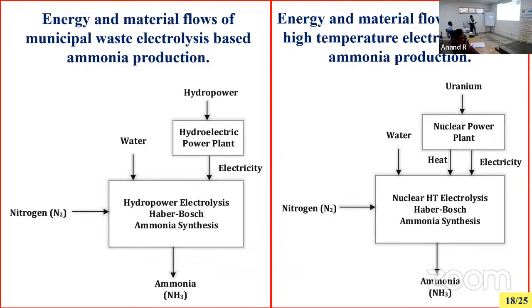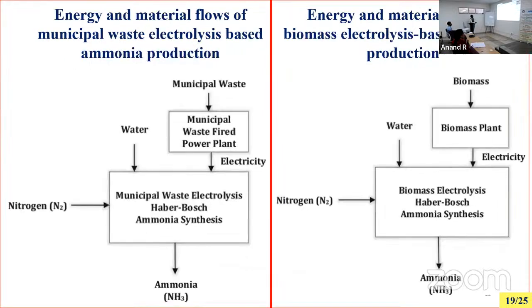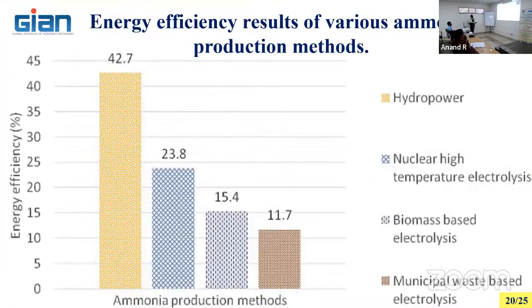This diagram talks about how you can also combine two forms of energy. One is hydropower, here for producing hydrogen and the conversion of hydrogen into ammonia. There are two different sources they can try here. One is hydropower, another one is nuclear. If you have electricity, you can use any type. That is the thing you want to bring here.